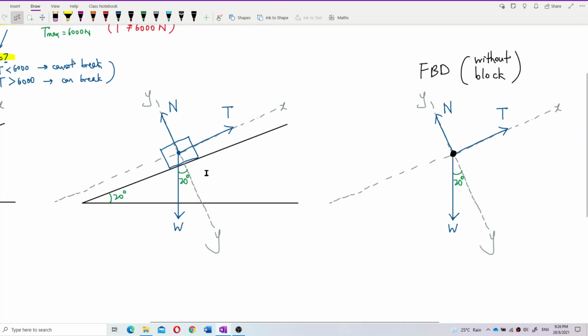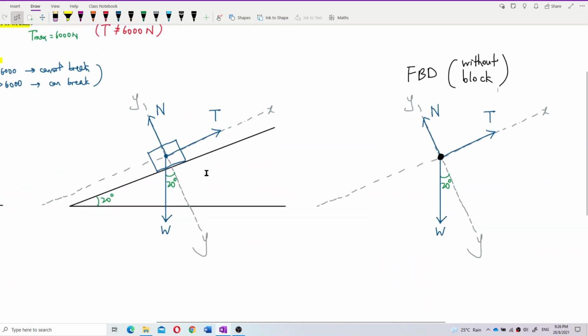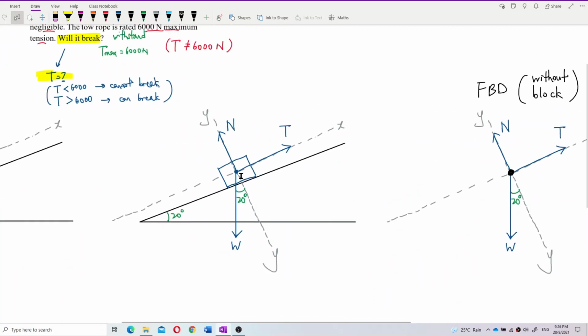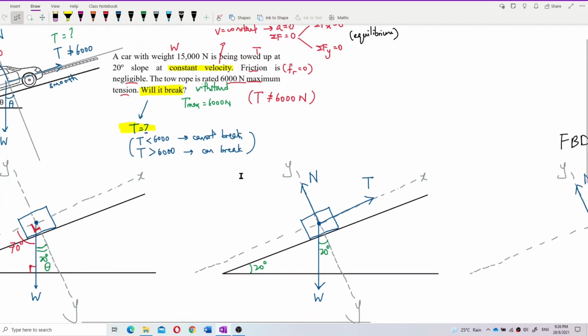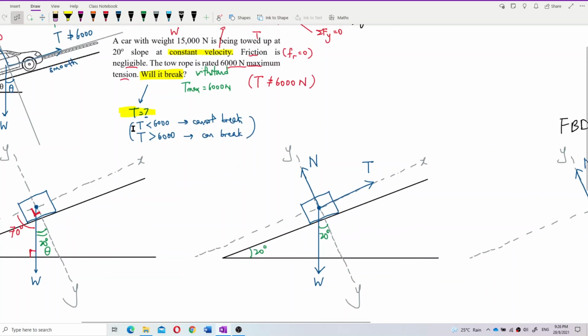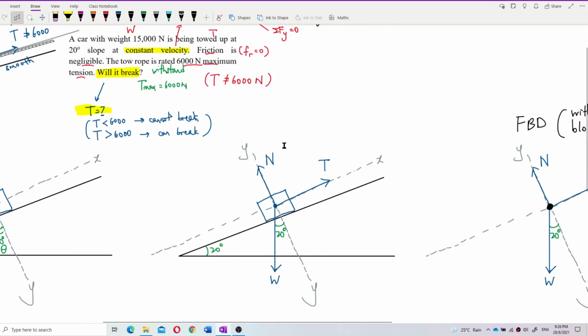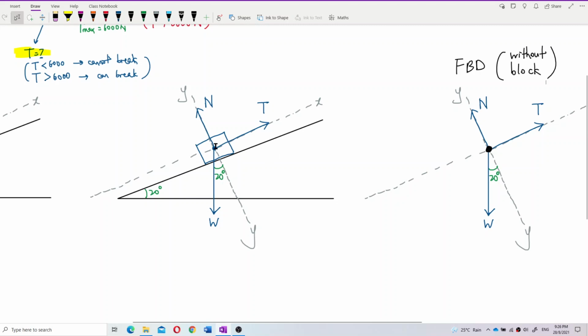Now, never mind. We can use which one? Maybe we can use this one also. So we want to investigate what's the tension. If it is less than 6,000, that means the string cannot break. If it is more than 6,000, surely it can break. So first of all,